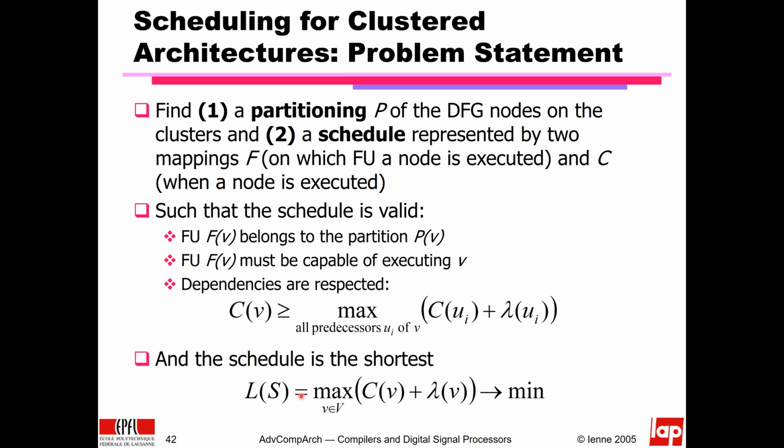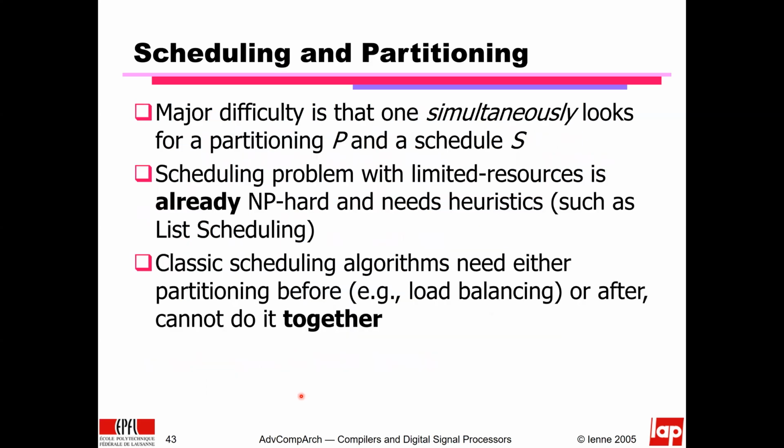But the cost of this partition will become clear only when I try to do some scheduling. So I have two problems that are intertwined and make the solution complex, because basically I want to solve both problems at the same time. Each of these problems is per se hard, NP-hard, and so if I put them together, any of the heuristics that I have for an individual one of these two problems